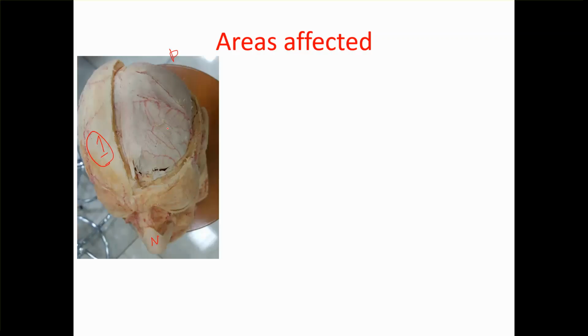Number 2 is called epidural or extradural. It is between the skull and the dura mater, and it's usually caused by injury to the meningeal artery, which you can see here. This is the meningeal artery, with fracture of the skull and injury to the meningeal artery. The next one,